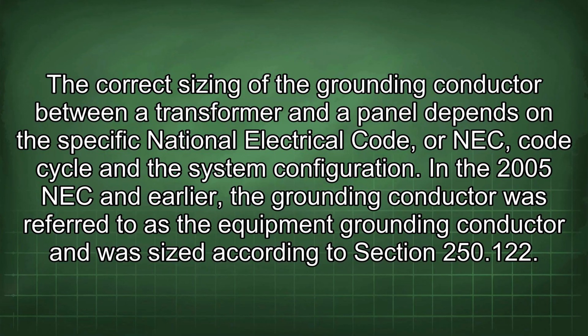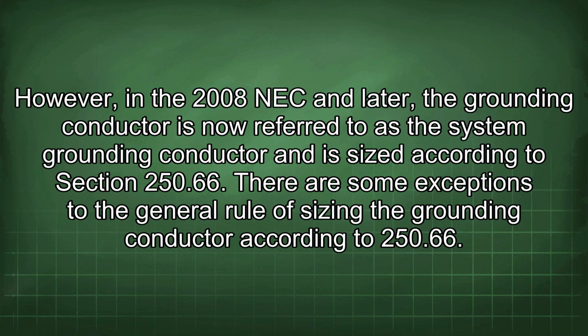Correct sizing of the grounding conductor between a transformer and a panel depends on the specific National Electrical Code, or NEC, code cycle and the system configuration. In the 2005 NEC and earlier, the grounding conductor was referred to as the equipment grounding conductor and was sized according to section 250.122. However, in the 2008 NEC and later, the grounding conductor is now referred to as the system grounding conductor and is sized according to section